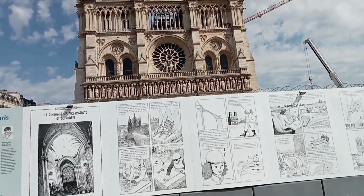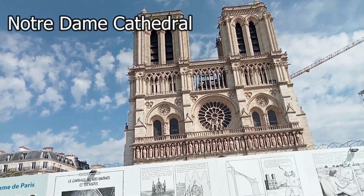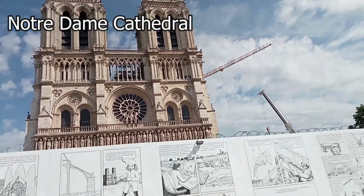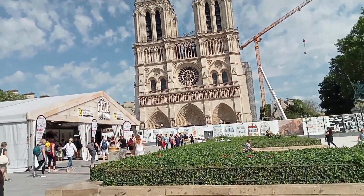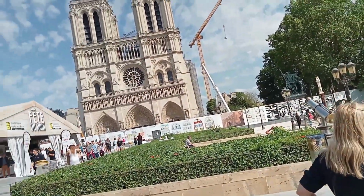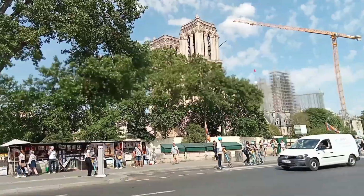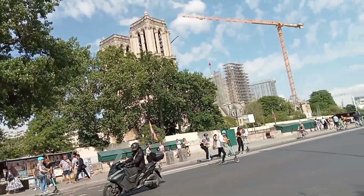Your jaw drops and goes, oh my God, well, here's God. This is Notre Dame Cathedral. It's under renovation ever since that fire happened. There's Notre Dame Cathedral again. If you remember, during COVID, it caught fire for some reason, and they're rebuilding it, so the entire building is closed. Those of you who are Paris romantics and go, oh, I wish I could go to Paris,